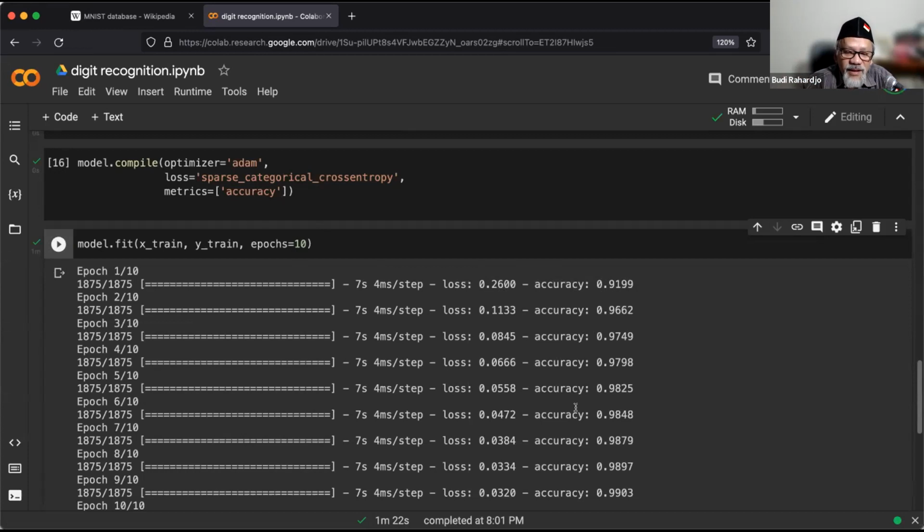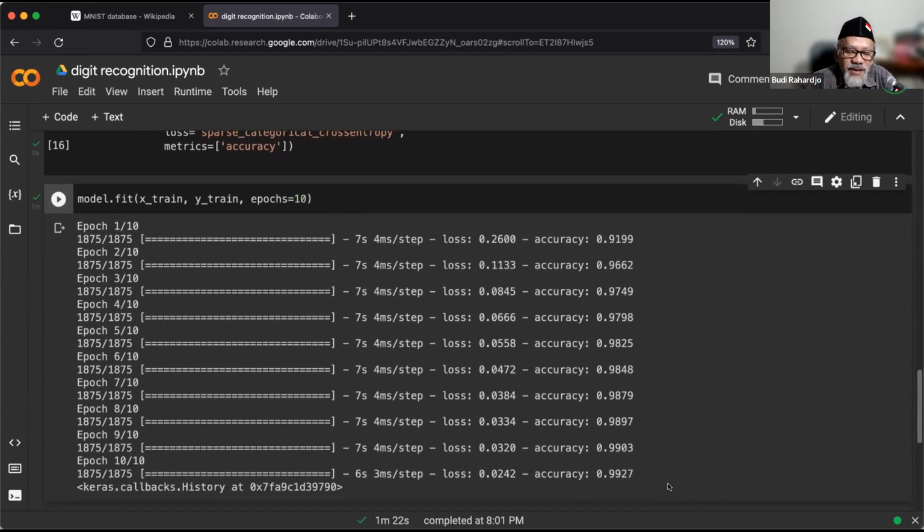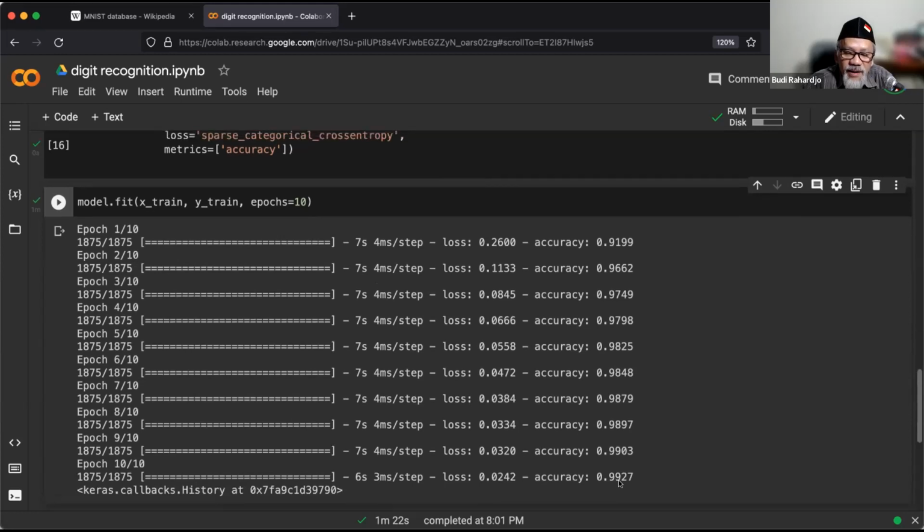It's getting better, it's getting better, it's getting better. So this is 10 times, and at the end of the day, our system, the accuracy is 0.9926, so it is 99.27% accurate. And the loss function, the badness, is 0.0, which is good.